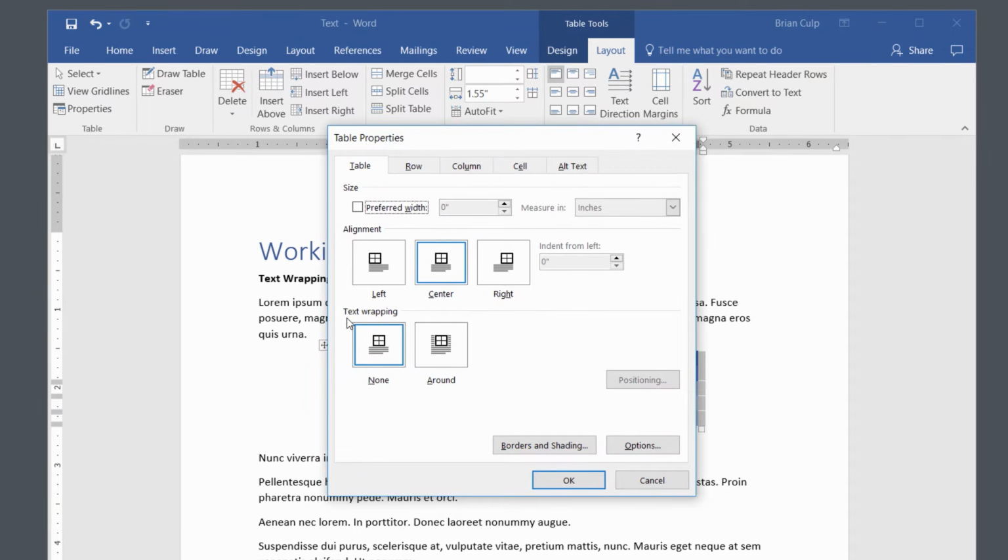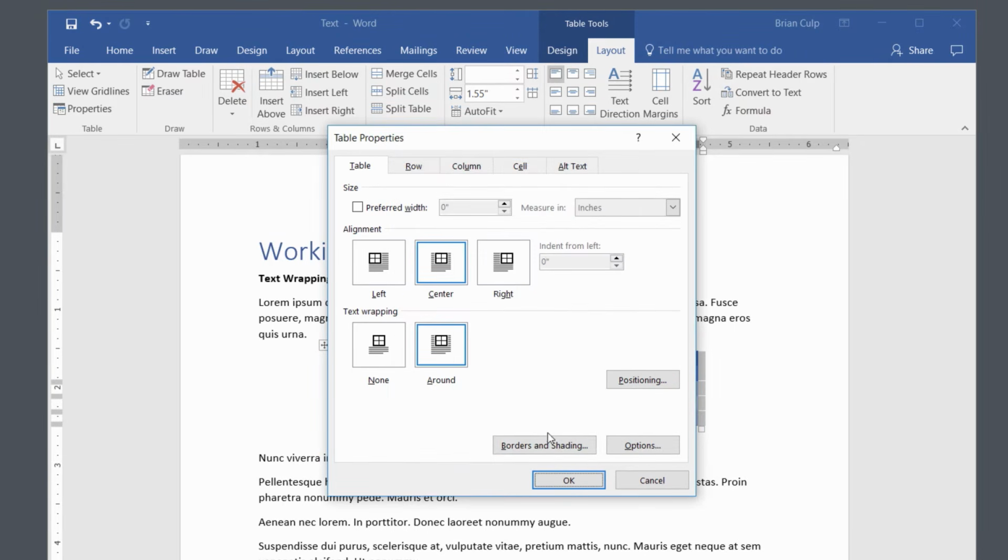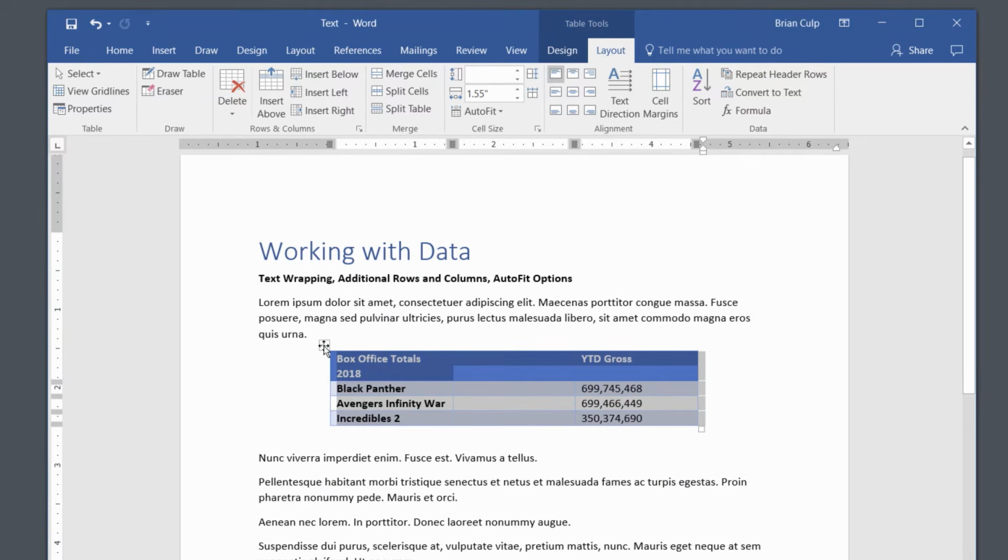So notice here in the table properties you have two buttons you can click on: text wrapping, none, and around. If you click on around, you have this positioning that comes up, and now you can be rather precise about the distance from the surrounding text, left and right, vertical positioning as well. So what can happen as I set my option back to none and cancel is that once you have a